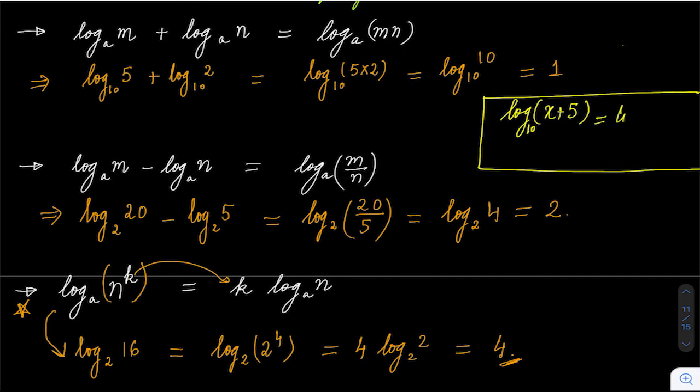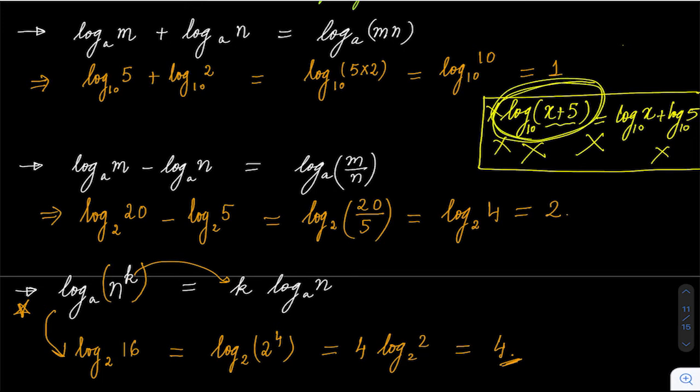So what they generally do is, I have seen that they will write something like this. You can't do this. Okay, this is one number, x plus 5. You can't separate it and write it in different log terms. So this is wrong. So don't do this. Even if it's subtraction or even if it's addition, don't do this. This you cannot simplify. This will remain as it is. There is no simplification of this. And anyways, you can't write this as log of x plus log of 5.